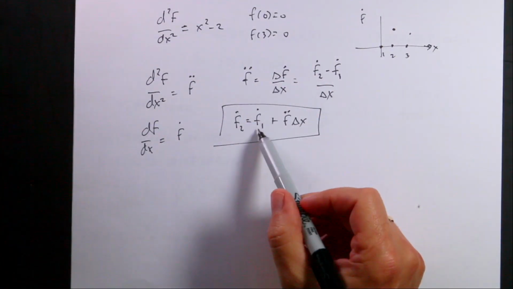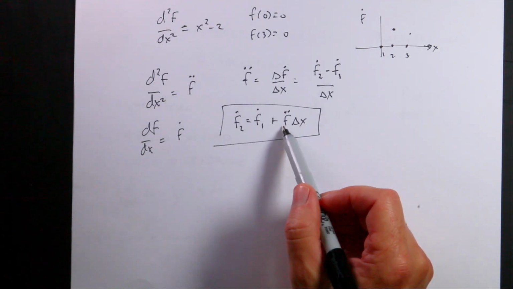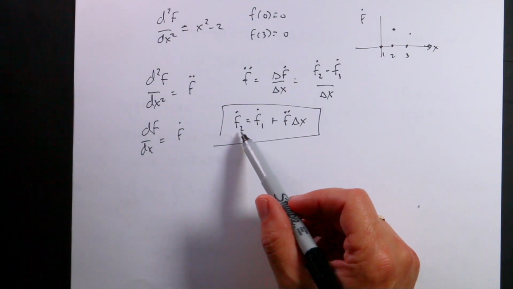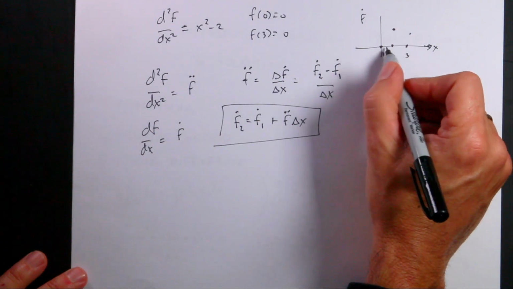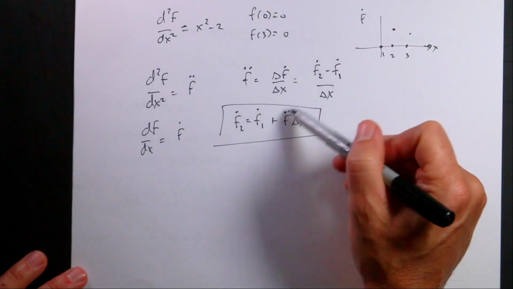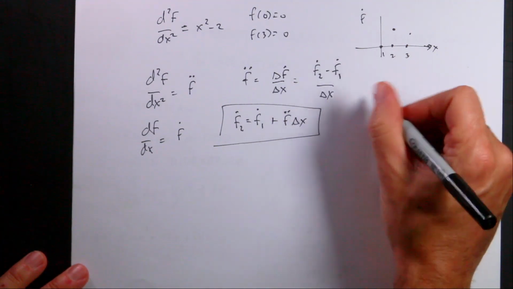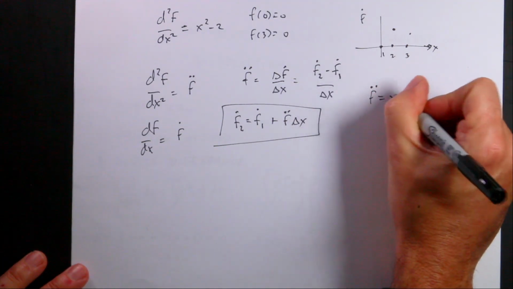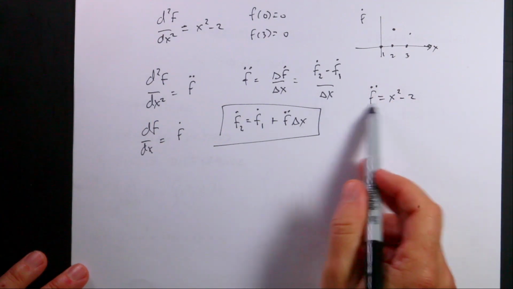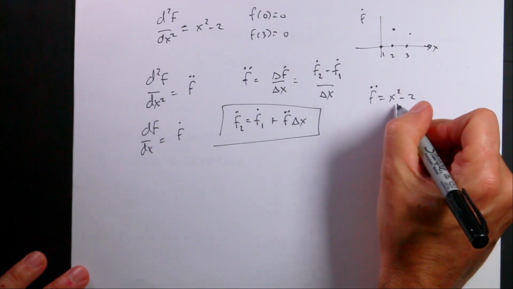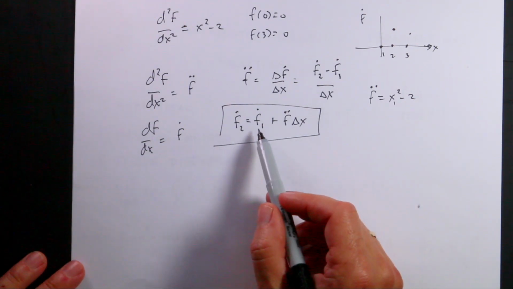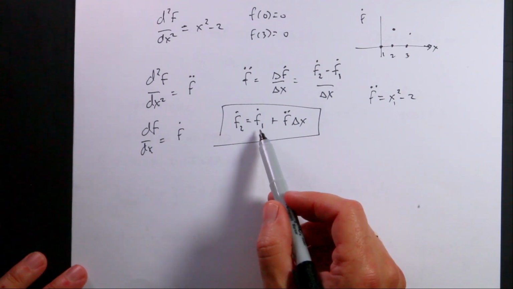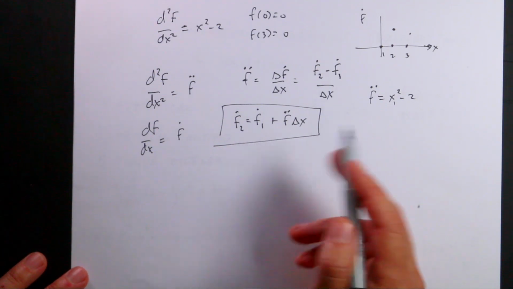So this says that if I know the derivative at point 1, and I know f double dot, I can find the next position. Now this is not true because as I move from 1 to 2, the value of f double dot is going to change. So I'm assuming f double dot's constant, and I can actually calculate f double dot as x squared minus 2. I can calculate the value of f double dot using x1 and plug it in right there and use that to find f2 dot if I know f1 dot. Right? I have to know the first f1 dot, which I actually don't really know, but that's fine.